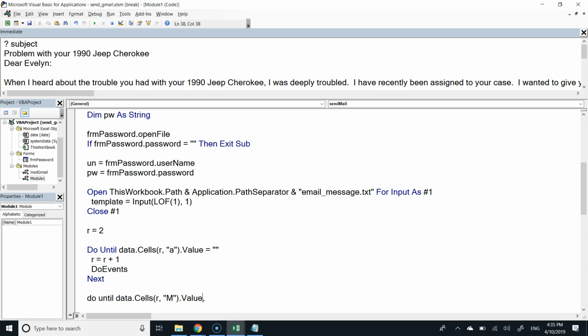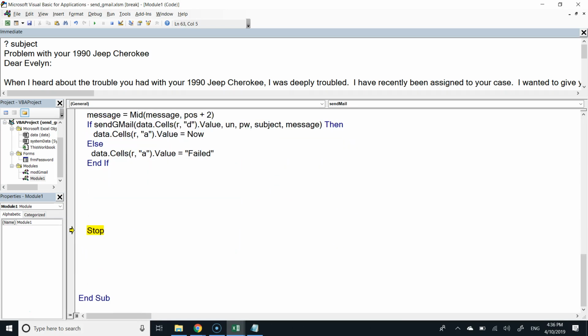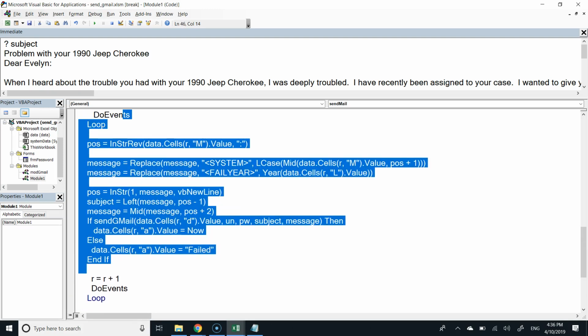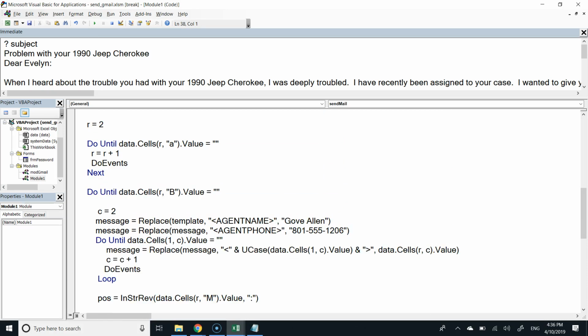Do until whatever row we're on, column B is a zero length string. And now we want to do all of this. So I'll come down here and put a loop down here. We need to be incrementing R. R equals R plus 1. Put a DoEvents. And then tab the rest of this in. So we scan down until we find a blank cell, and then we continue to send messages as long as